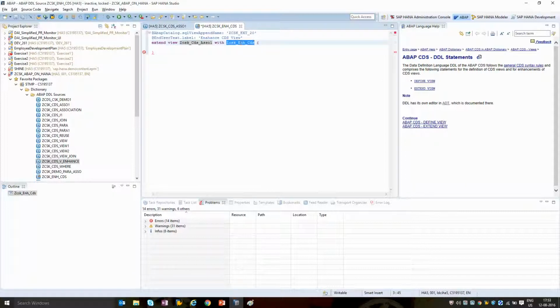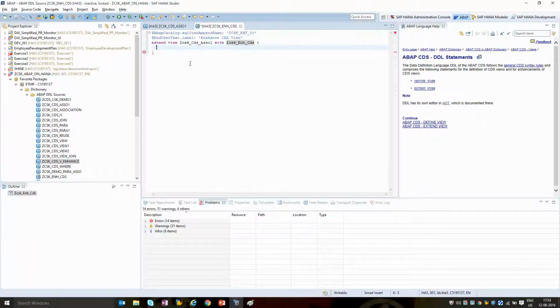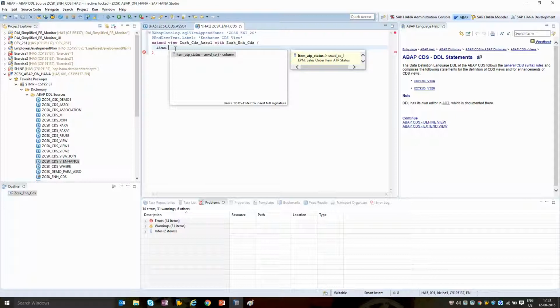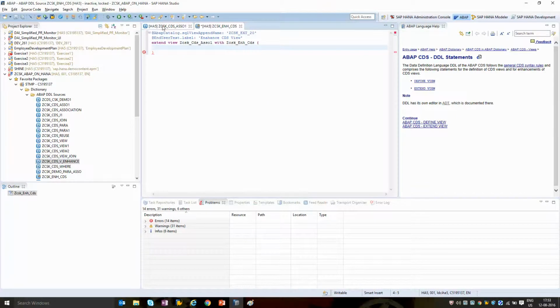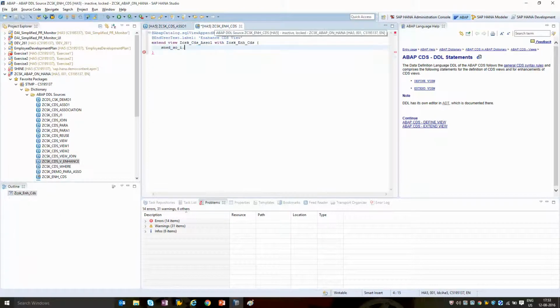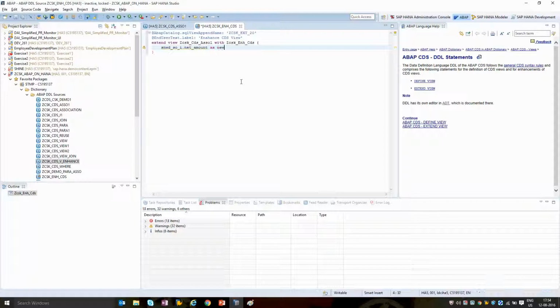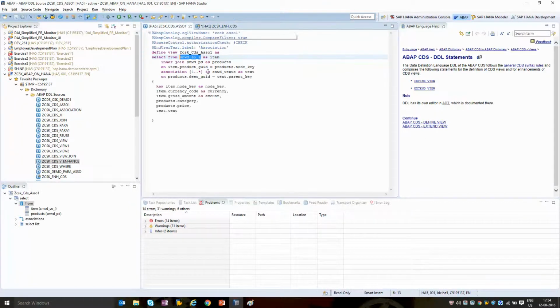I just gave this append structure that has to be created, the view that has to be enhanced, and within which enhancement it has to be enhanced. So here I was actually trying to access this item and products. I was expecting that item to show up some of these item details, which is not happening for me. So the thing is that you need to use this table structure entirely. So in this table, I wanted to use this net amount to be displayed over here, and from that product table I wanted this